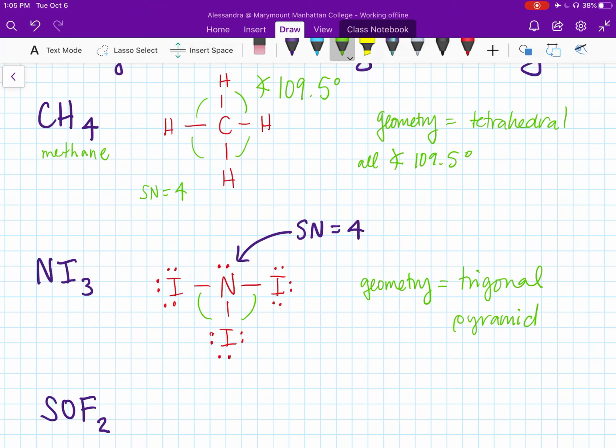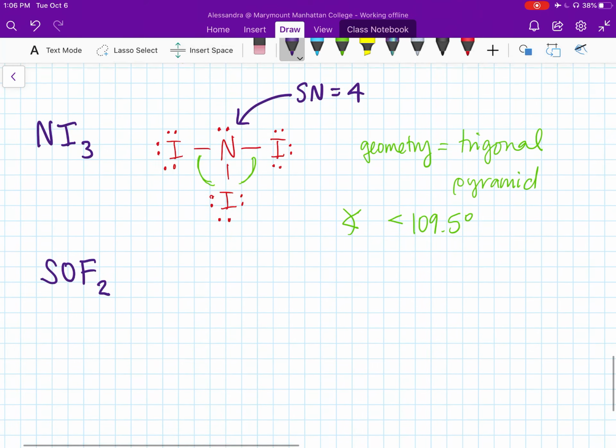And both of the bond angles are going to be slightly less than 109.5 degrees. So remember up here in the perfect tetrahedron for CH4, all the bond angles are 109.5. In this molecule, NI3, because the lone pair takes up more space than the bonding pairs, the bond angles are going to be slightly less than 109.5 because they're going to be compressed by that lone pair. All right, another example,